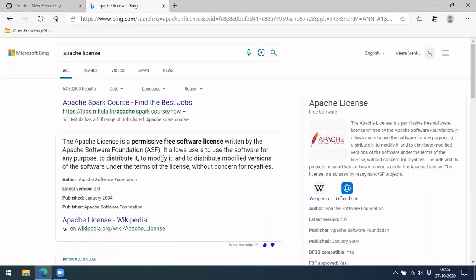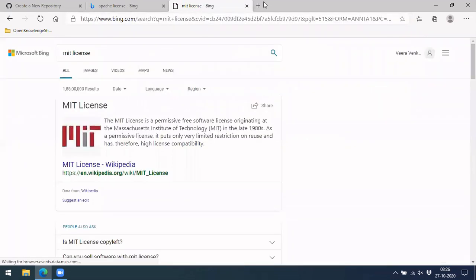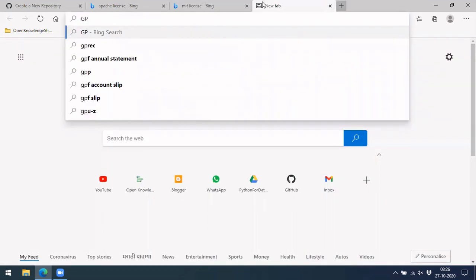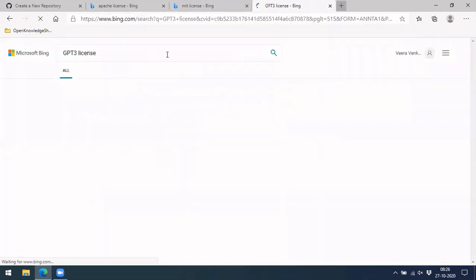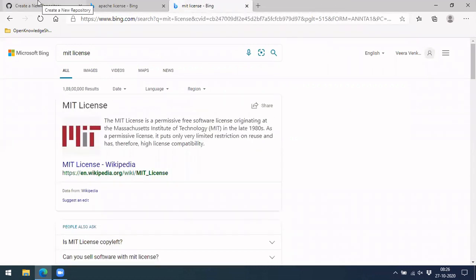These things are very critical if you are working on projects for a company. If you want to use particular code from somewhere, it is critical: if it is not licensed for reuse, then you shouldn't use it. Apache license is one, and there is something like GPT-3 or something like this. I don't remember the exact name. It's not GPT, it's something else.